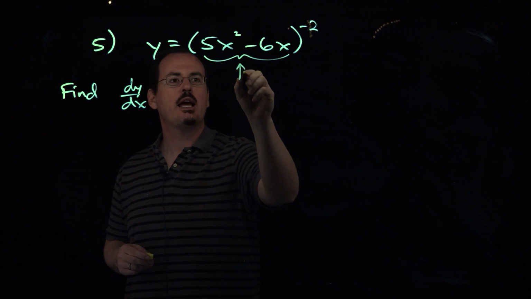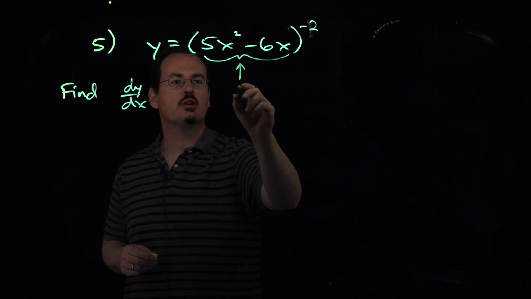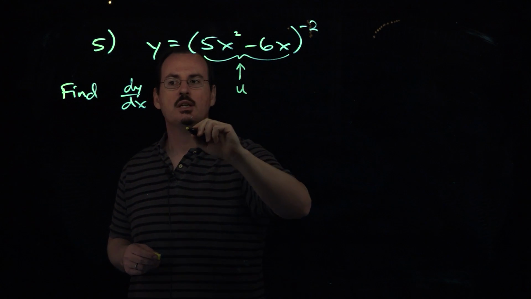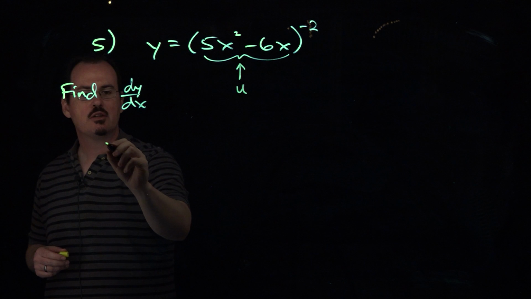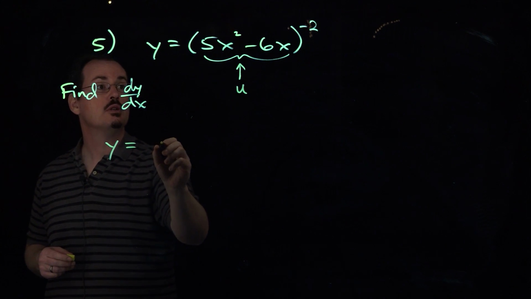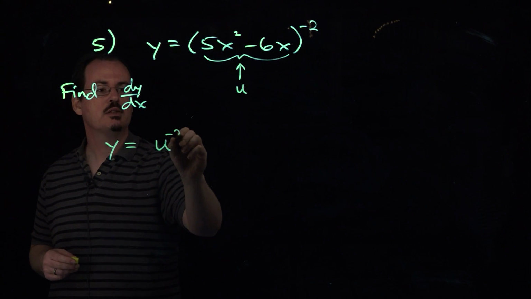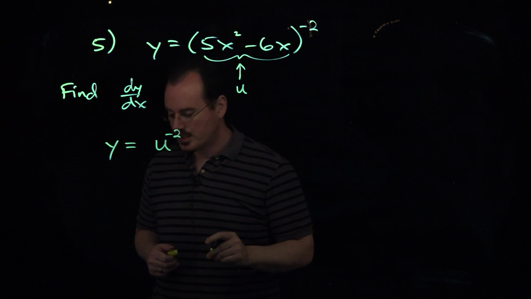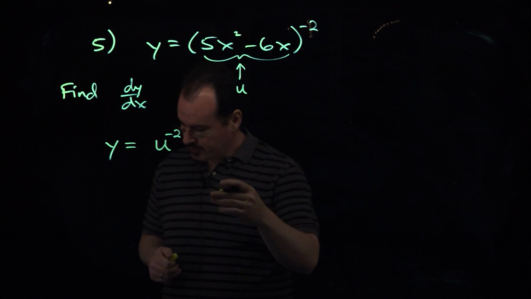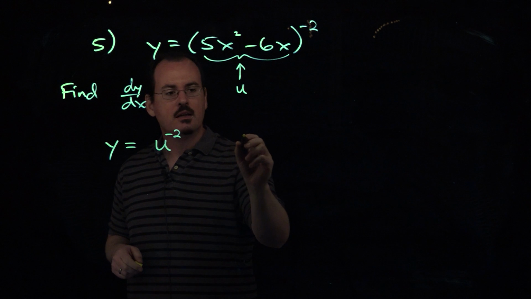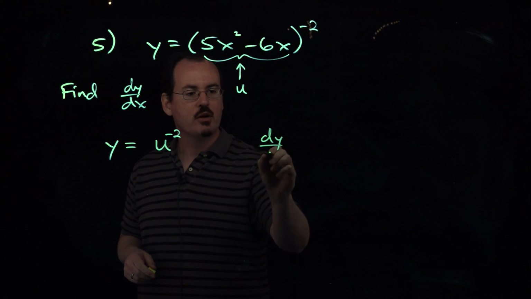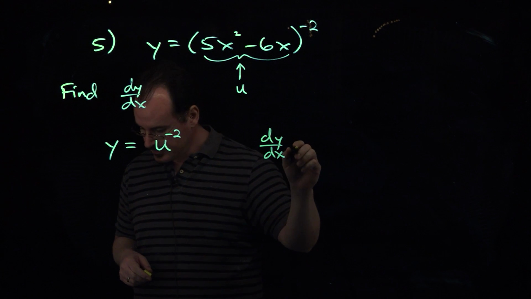Okay, so we'll first try to do this with the actual definition of the chain rule here. Notice that what I actually have within the parentheses here is some other function of x. I'm going to call that thing u. So if I do that, then what I really have is y equal to u to the minus 2 power. And so what the chain rule says, as you see right above example 5 on the worksheet, is that if I want to find the derivative of y with respect to x,